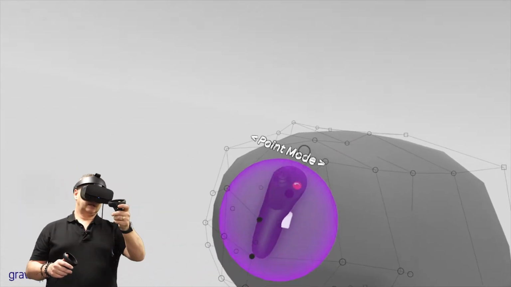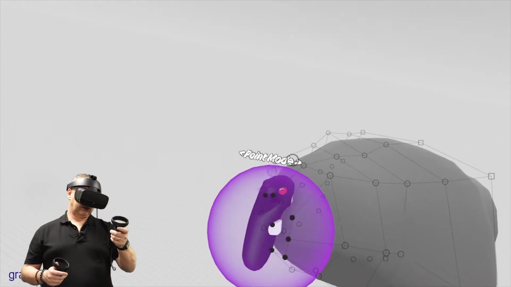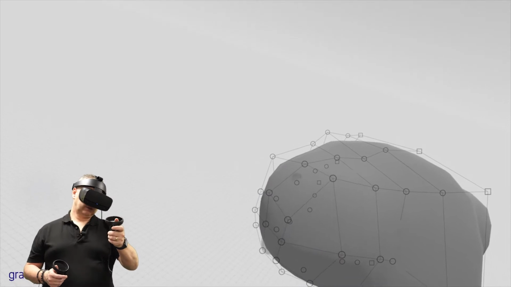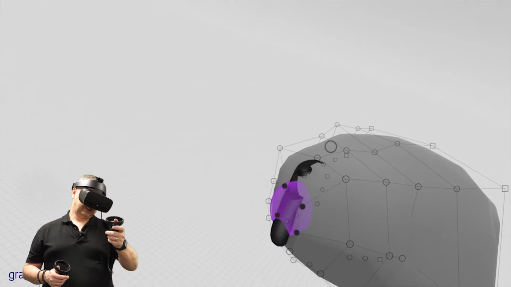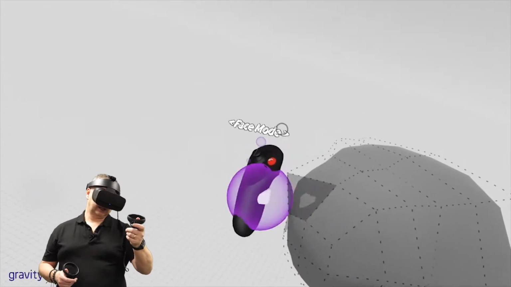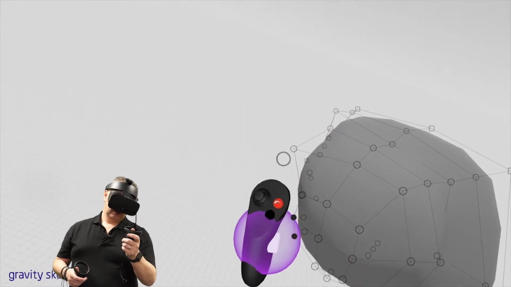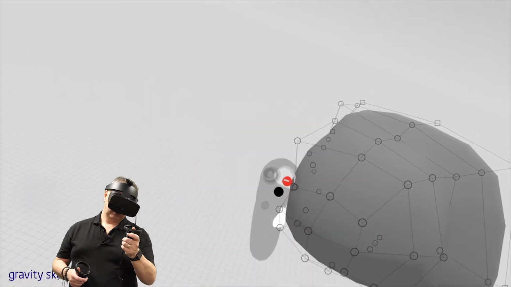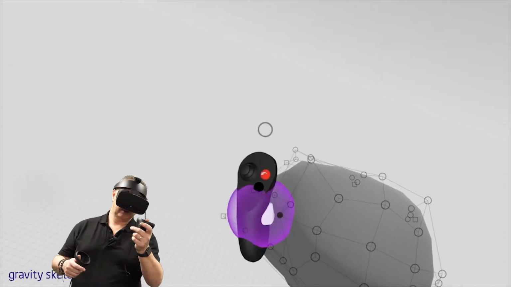So if we want to now tighten it here, if we zoom out, make the sphere larger, and then push forward with the thumbstick and pull back with the thumbstick, one would push it one way and one would tighten it down. So the one that we want is the tightening down. So stay in point mode, grab the area that you want. That is a soft selection as well, so you make it bigger and larger. You can see how it's affecting the area,